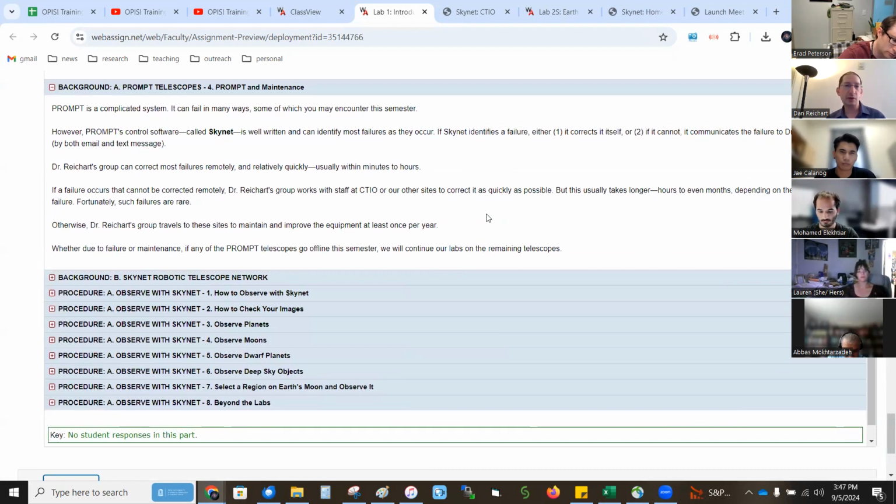Maintenance, we just tell them, remind them that these telescopes break. Many things Skynet auto detects and fixes itself just by cycling power, etc. Some things it breaks and Skynet will send us alerts saying, hey, I can't fix this, you should take a look at it. And we log on and we have it fixed within minutes or hours, that kind of thing. Sometimes it's something we can't fix remotely and we have to call up staff, on-site observatory staff. That would take a day or so.